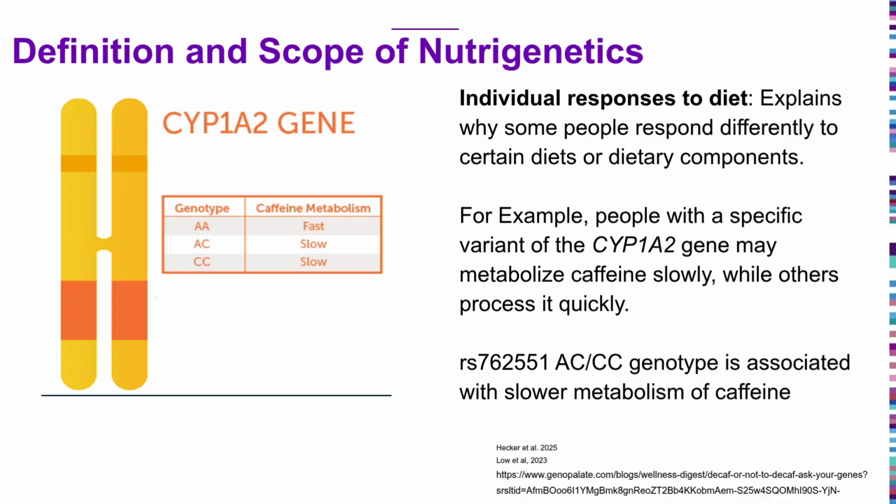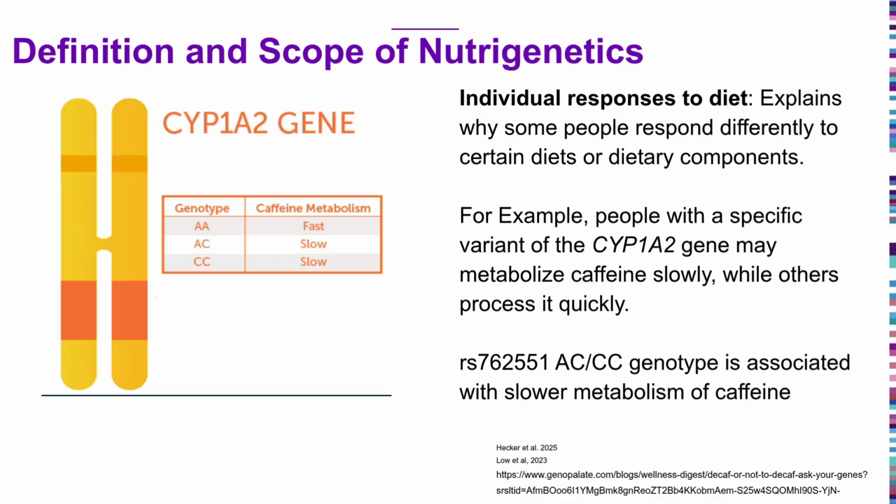The next core topic is individual response to diet. This area of study aims to explain why some people respond differently to certain diets or dietary components. One example involves people with a variant of the CYP1A2 gene, specifically the SNP RS762551, with possible alleles being A or C. The